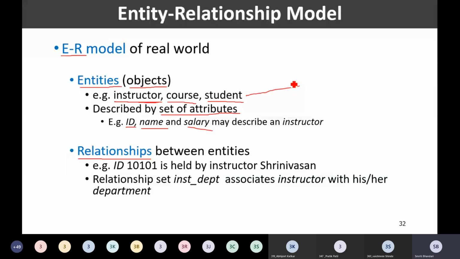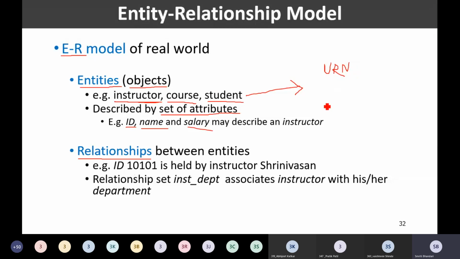Similarly, if I want to describe a student, what are the possible attributes for students? These are actually the properties of that entity. A student can be described by URN, so URN would be one of the attributes.